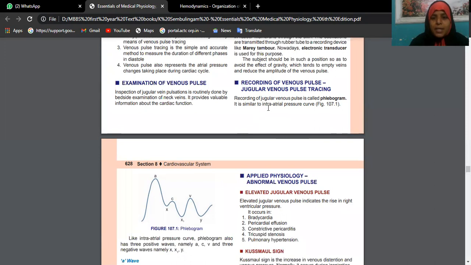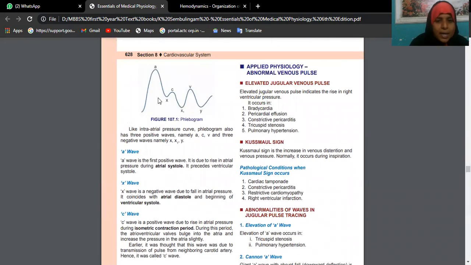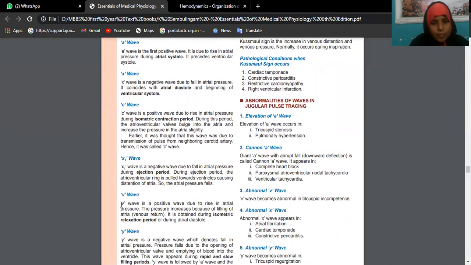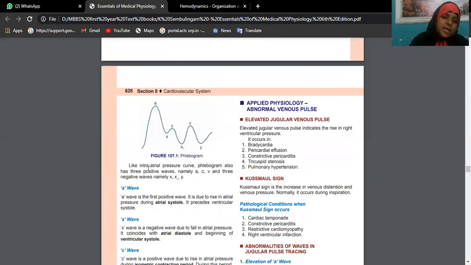Okay, it is something similar to atrial pressure curve changes, what we have studied with cardiac cycle. A, C, V, X, X1, Y, if you remember there, similar type of waves we will get in case of jugular venous pulse tracing. A is representing atrial systole, X is representing atrial diastole and ventricular systole. C, isometric contraction, X1 is ejection, and V is isometric relaxation, and Y is rapid and slow filling. We have studied intra-atrial pressure curve changes much in detail. Same graph and same underlying causes you can give. Okay, beta. So that is all about today's